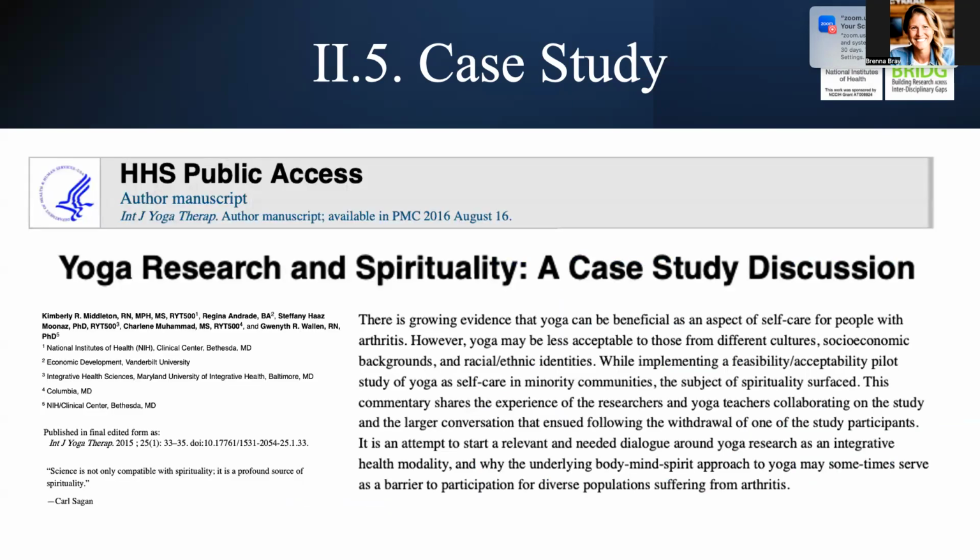So here's an example of a case study in research. This is Kimberly Middleton's 2015 publication, Yoga Research and Spirituality, a Case Study Discussion. So they say in their abstract, there's a growing evidence that yoga can be beneficial as an aspect of self-care